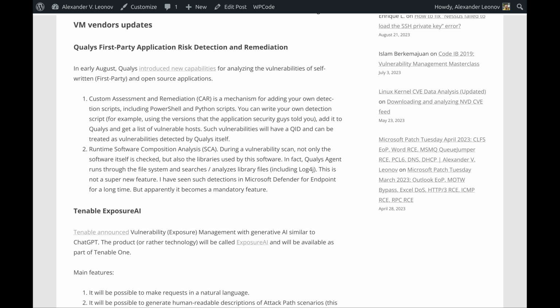Second, Runtime Software Composition Analysis (SCA). During a vulnerability scan, not only the software itself is checked, but also the libraries used by this software. In fact, the Qualys agent runs through the file system and searches, analyzes library files, including Log4j. This is not a super new feature. I have seen such detections in Microsoft Defender for Endpoint for a long time, but apparently it becomes a mandatory